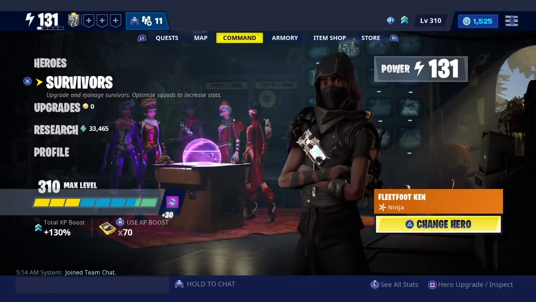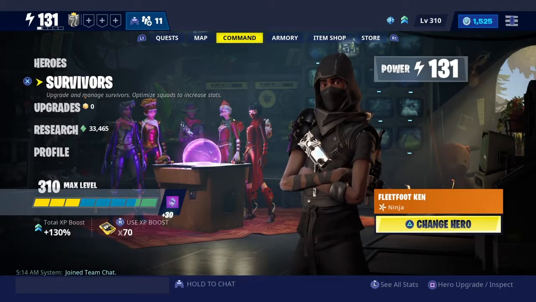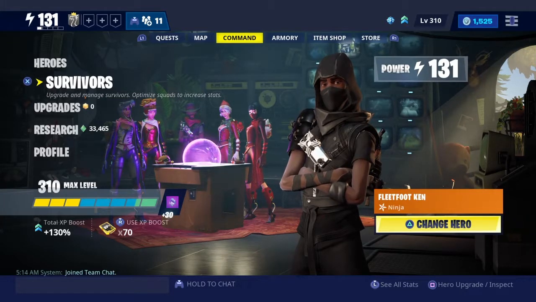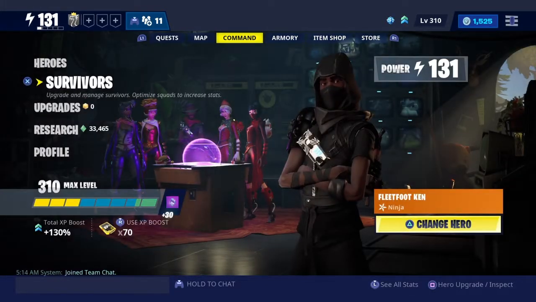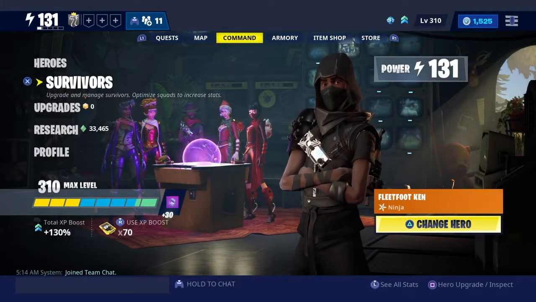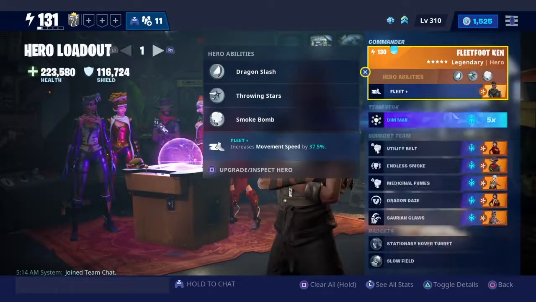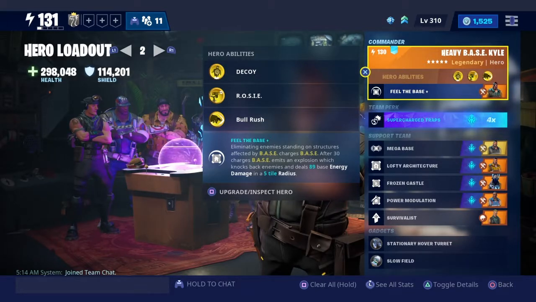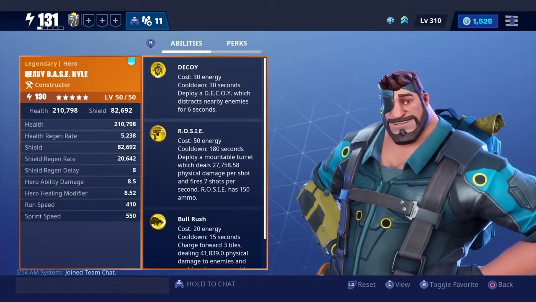Okie doke. So another question I tend to get is in regards to both Outlanders and Constructors and their abilities. If we have a look at that, we'll just change to a Constructor first of all. Mega Base Kyle, one of my personal favourites. I've done a video on this character, so feel free to have a look at that. But if we just look at his basic abilities on this here,